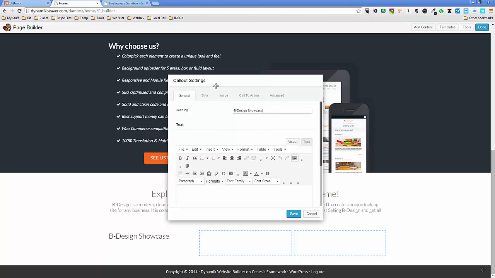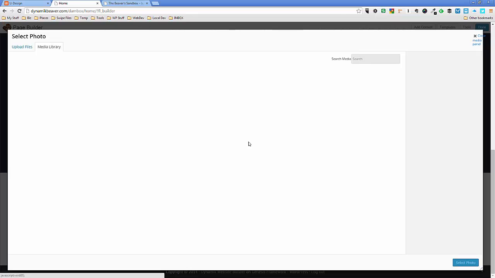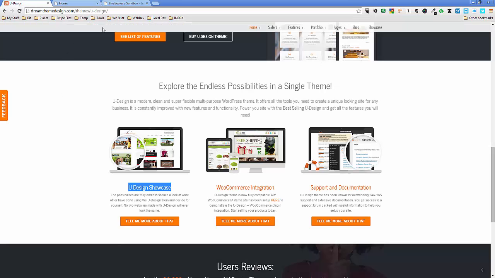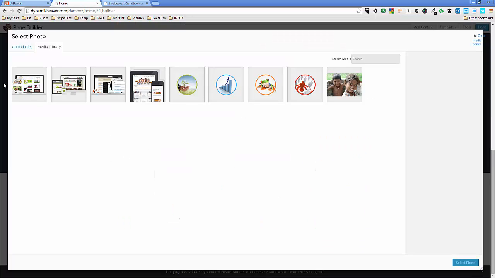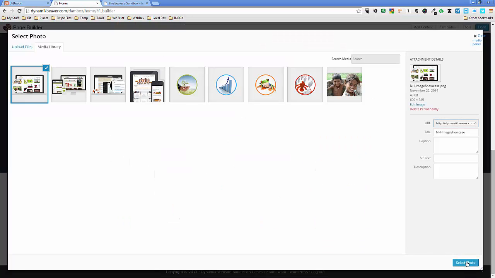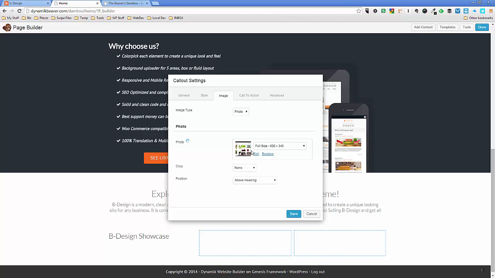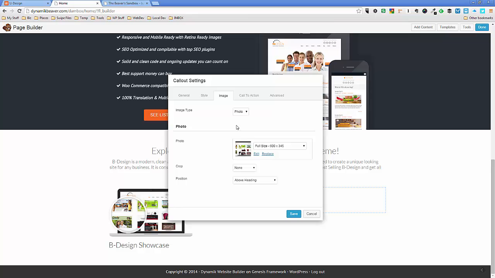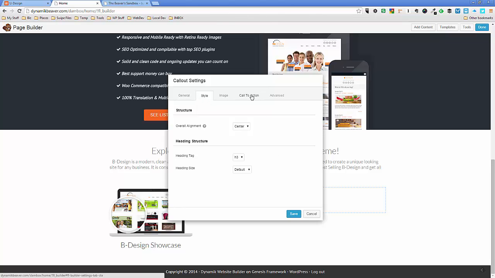That's that done. All right, so the image, I'm going to select a photo this time, and which one was that? It was the first one with the little magnifying glass thing there. Okay, so that's the image over there. I'm going to select that. I'm going to make sure it's above the heading. It's the full-size image. All right, and the style over here, it defaults to left, so we're going to change that to center. Okay, I'm going to leave it with the H3 for now. I can show you how we can go and change the H3 tag afterwards. If we have a call to action,